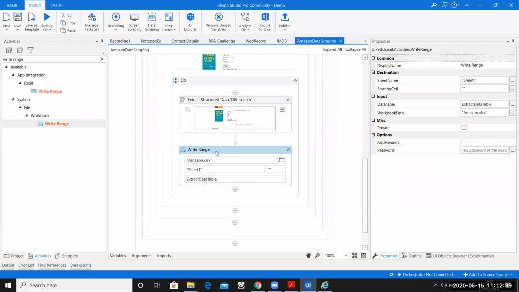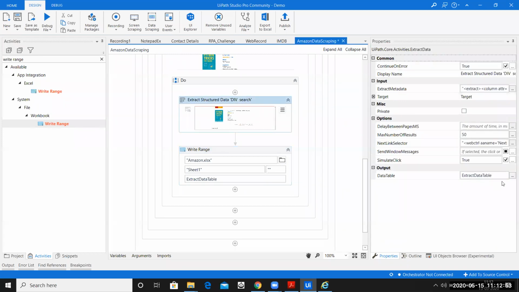Now, if you look at the Write Range properties over here, you have a property called AddHeaders. So if you click on Add, yes sir. How to automatically invoke the variable name, as you have written your ExtractDataTable? We used to do it manually, but while doing it in the activity, how does it automatically invoke the variable name, as you did here?